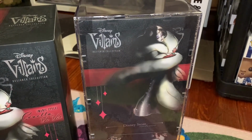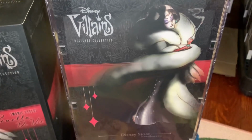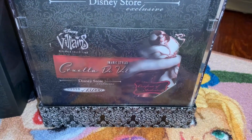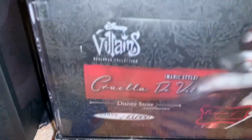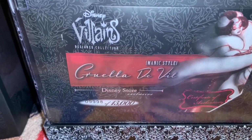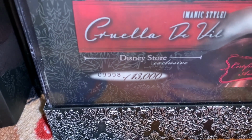Here's the back of her box. It has her artwork here, and it says Disney Villains Designer Collection. And down here on the bottom, this is her certificate of authenticity with her artwork on it. It says Disney Store exclusive, Cruella de Vil Manic style. And I have number 9998, so